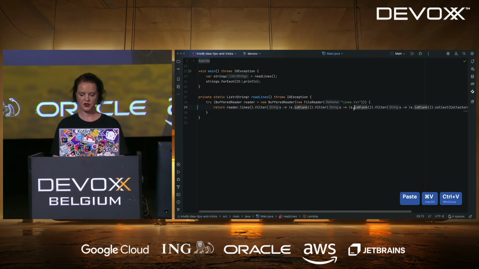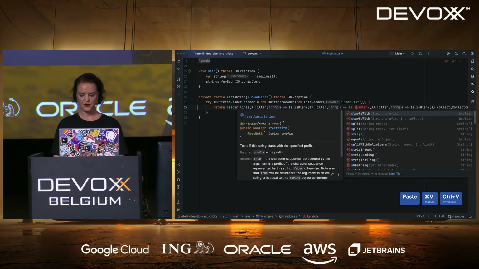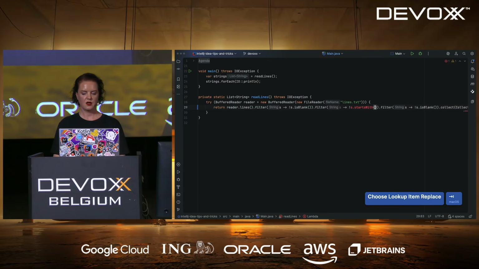Obviously, I want to change them. So I want to say if it starts with a certain letter. Now I want to select starts with, but if I press enter now, it's going to insert that and keep what's already there. Instead, if I use tab, it's going to overwrite it. So I want to say it should start with an A and the